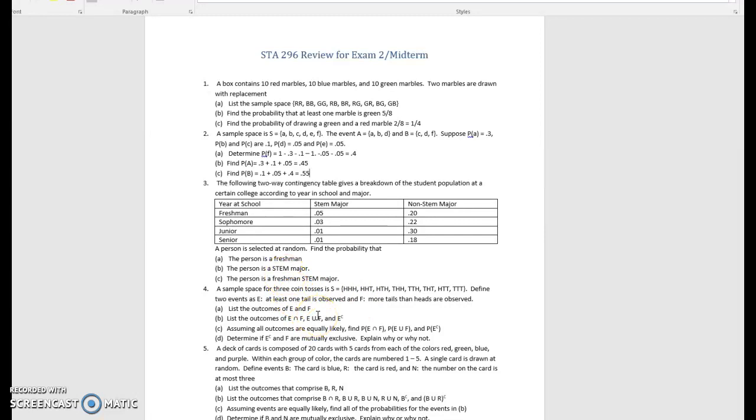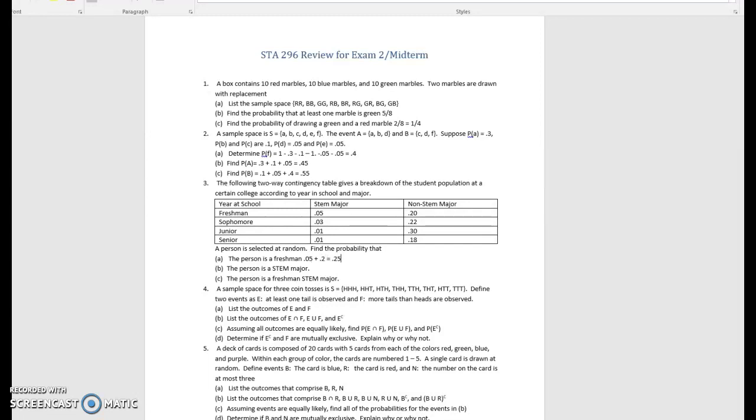All right, so the first one is we want to find the probability that the person is a freshman. Okay, so let's look at all of our freshmen. We have STEM majors who are freshmen, and we have non-STEM majors who are freshmen. We simply need to add together those two probabilities for freshmen, and that's going to give us 0.05 plus 0.2